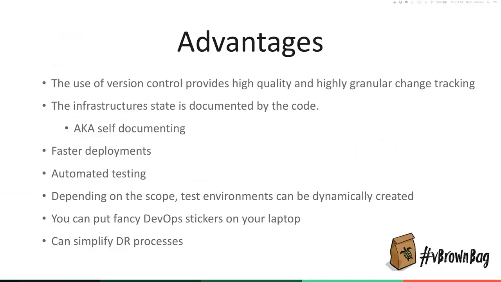Deployments generally are faster. The reason I say generally is that, especially when you're starting, it can take longer because it's a big shift in the way you do things. But generally speaking, deployments are faster because there are no manual steps. If you're deploying six servers at once to form an application stack, it can do a lot of that deployment and configuration in parallel. So it makes big advantages there. And then it may deploy all the servers blank, and then you can put dependencies into your code. Instead of saying, wait 60 seconds, you can have it depend on something being completed before it does its next step.